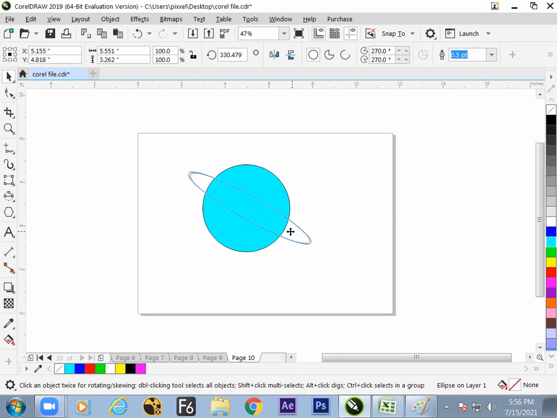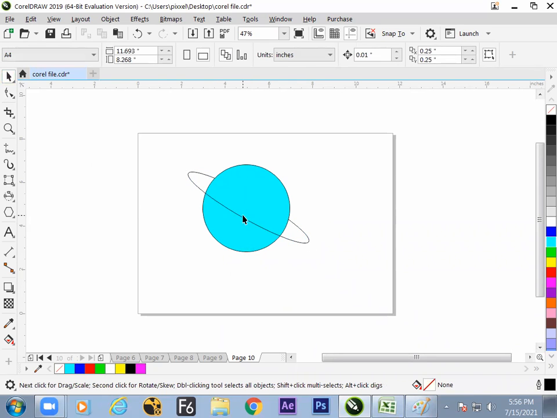Now the rest of the things are the same. Rest of the things means we can turn it into an arc. Very nice. Switch to the shape tool and drag the node to the edge by dragging outside, so that it will be an arc. Or else what will happen? It will be a pie. Drag it and place it there. So hope we have understood how to arrange one circle above the other. One is a complete circle, the other one is a pie, like an arc.